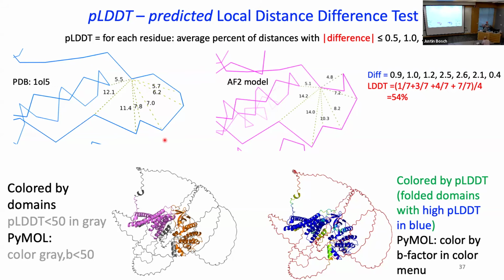That gives them a number. They have a part of the network that predicts that number. So they have trained the network to say, well, given the information we had, the sequence, multiple sequence alignment, the template, if there is one, I'll train the network to produce the LDDT, which they can measure. So that, again, that's part of the Y. That's part of the output, predicted output, as well as part of the experimental output. And they can compare actual LDDT with predicted LDDT and optimize the weights to get better